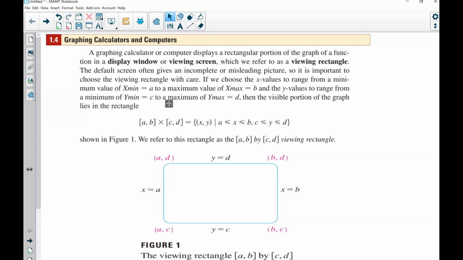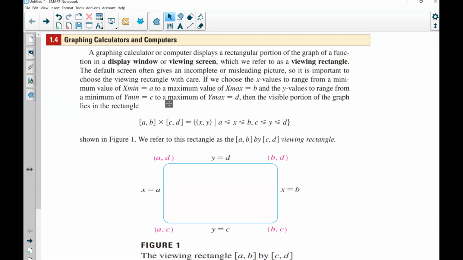care. If we choose the x values to range from a minimum value of x min equals a to a maximum value of x max, which is equal to b, and the y values to range from a minimum of y min equals c to a maximum of y max equals d, then the visible portion of the graph lies within the rectangle. So the interval a to b by the interval c to d is equal to the ordered pairs x, y such that x is in between a and b inclusively and y is in between c and d inclusively, which is shown in the figure. So we refer to this rectangle as the interval a, b by c, d,